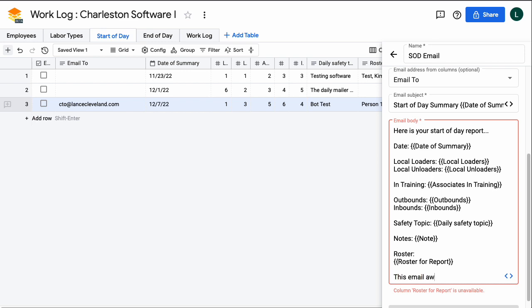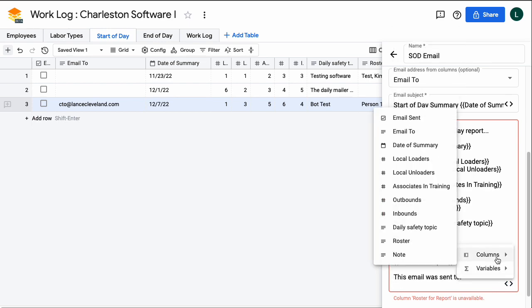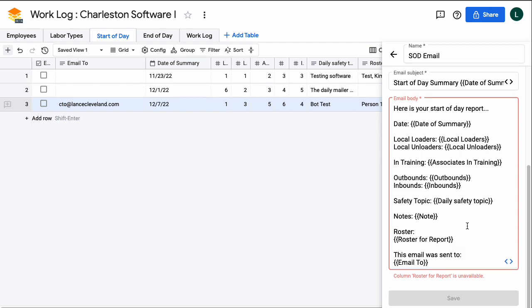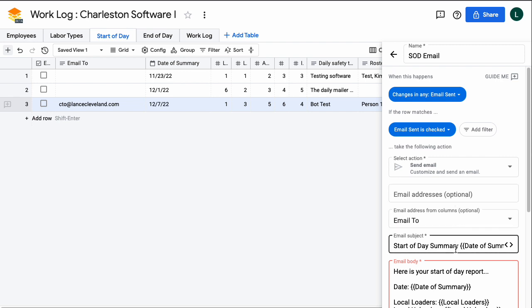This email was sent to, and you can actually list the contents of a field by going to the double angle brackets, doing columns, and in this case I will say email to, and that would put that at the end of the email. So you just edit this to however you need it, and if all your settings are set properly, then you'll be able to save